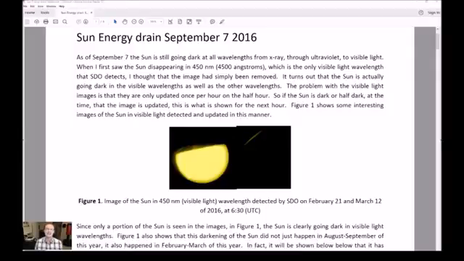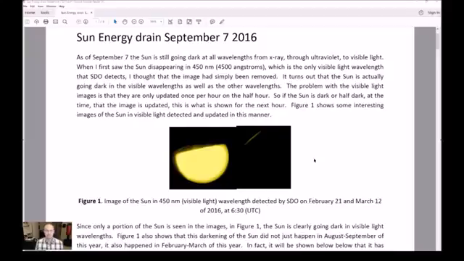September 7th, 2016. The name of today's presentation is Sun Energy Drain Part 7. Let's begin. As of September 7th, the sun is still going dark at all wavelengths, from X-ray through ultraviolet to